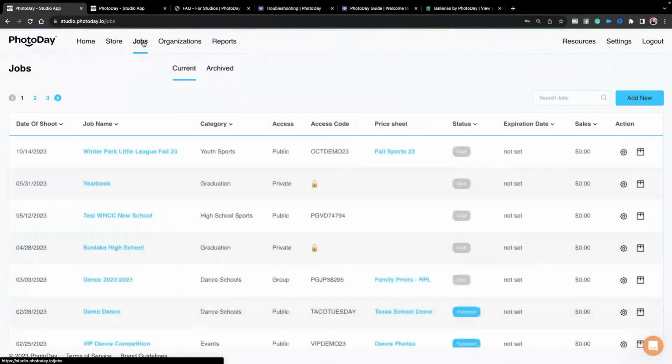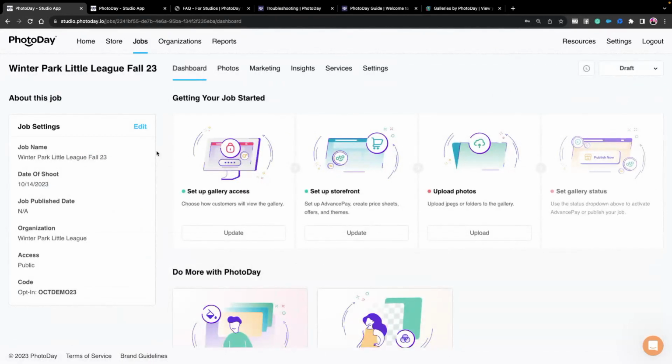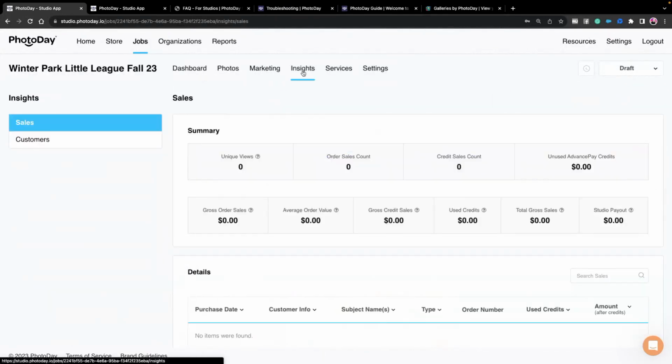So yeah, your sales table is now your check-in table, right? So even now, like this October demo 23, if you guys wanted to follow along with this whole thing and just see it all work,